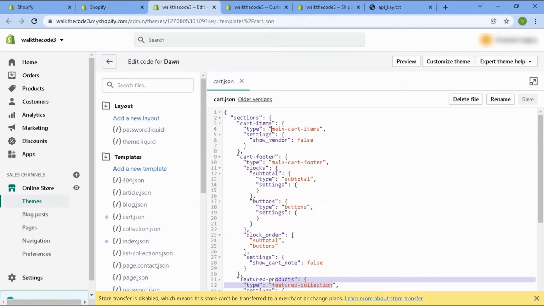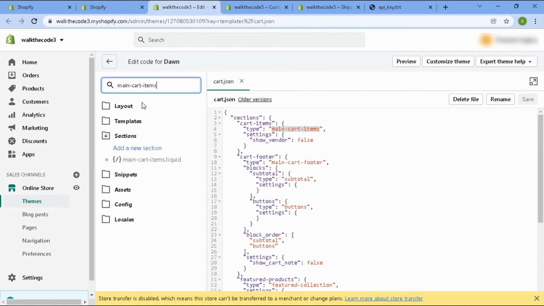So the very first name that I see is main cart items. So your name might be different, but follow whatever name is after type and start from the first one. So I will search for main cart items, which is the name in my case. So I will open up this file that shows up here.